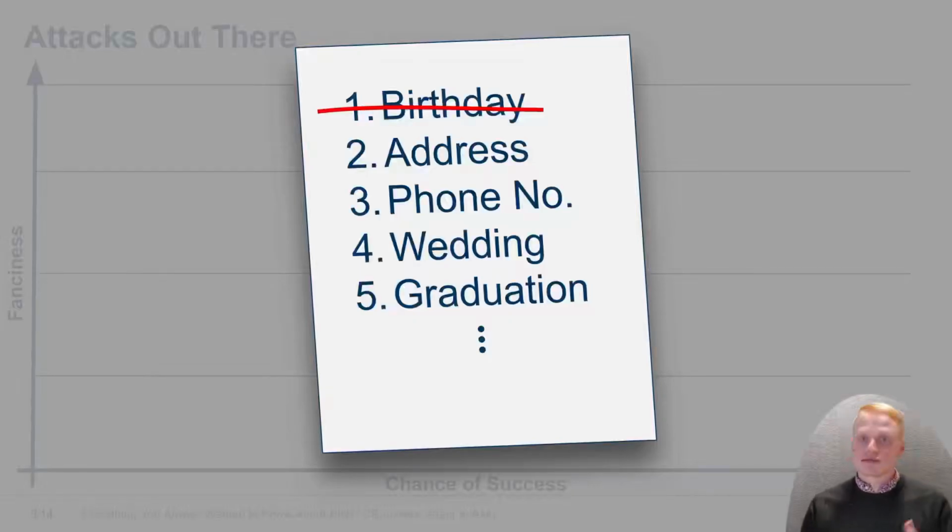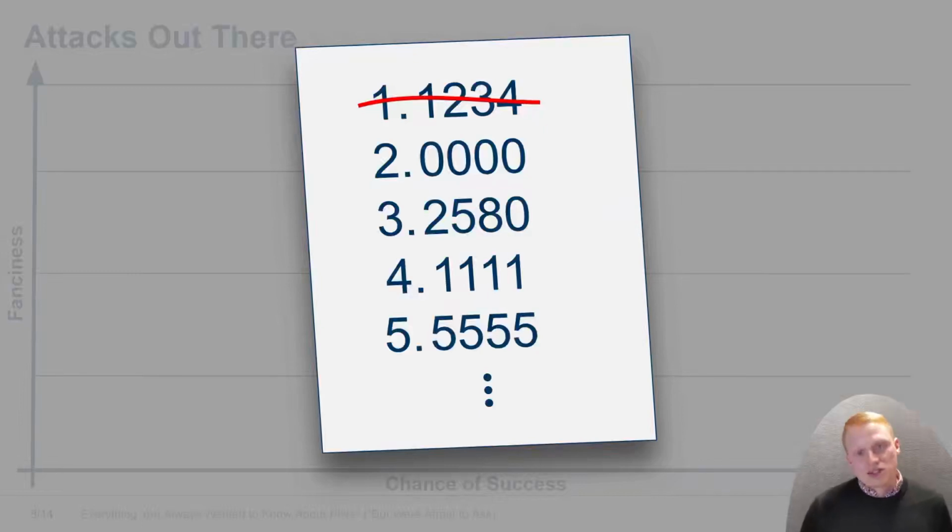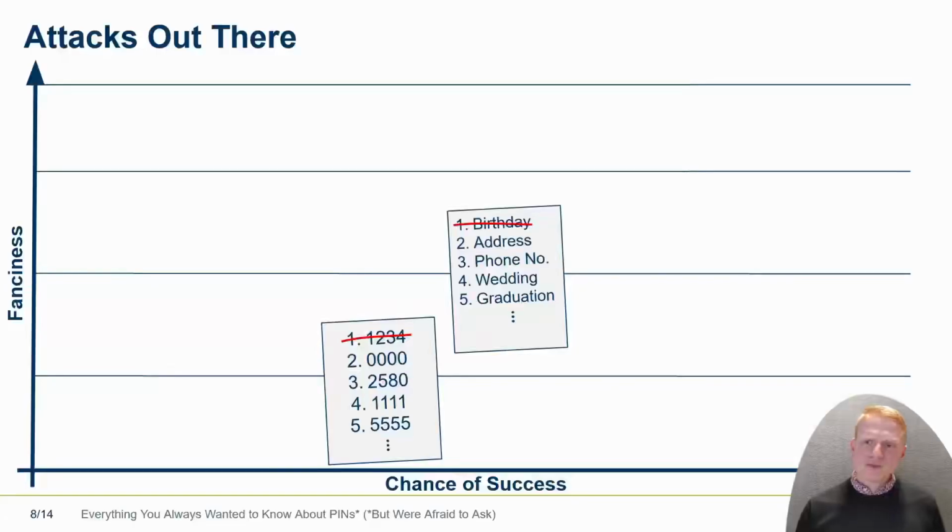So the attacker has, for example, the wallet and some information about the victim. Using that information, the attacker can make the guesses, and this gives us a fairly successful attack, but also fairly fancy, I'd say. The other one that we just had is the one where there's no such information available, and the attacker just guesses in the general order in which pins are chosen. Less fancy than the one that we had for the birthdays, for example, but the success rate is also lower.